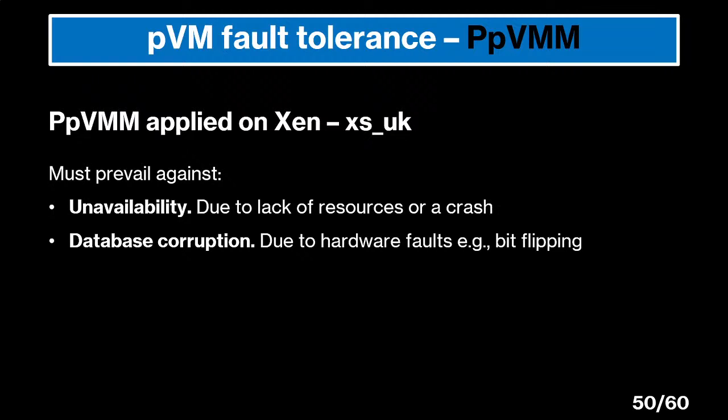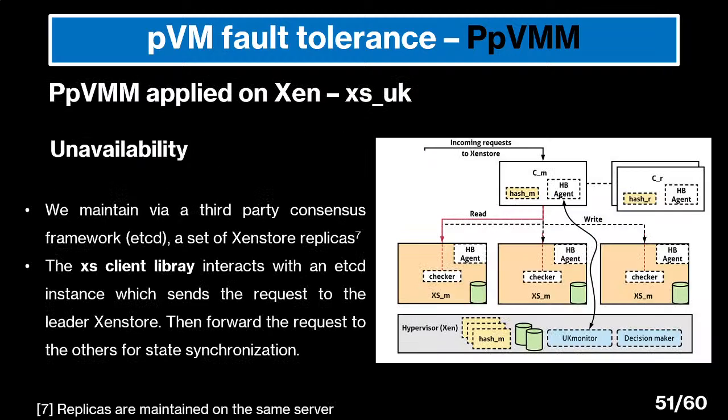For the XenStore UK, so XS UK, since it is a stateful component, we must guard against two things: the unavailability that can happen due to a lack of resources or a crash, and corruption of the database it hosts due to hardware faults such as bit flips. So for the unavailability, since the memory footprint of the XenStore is quite small, what we do is we maintain replicas of the XenStore on the same server, and to ensure a consensus between all these replicas, we introduce a TCD that is going to, for each incoming request to the XenStore,